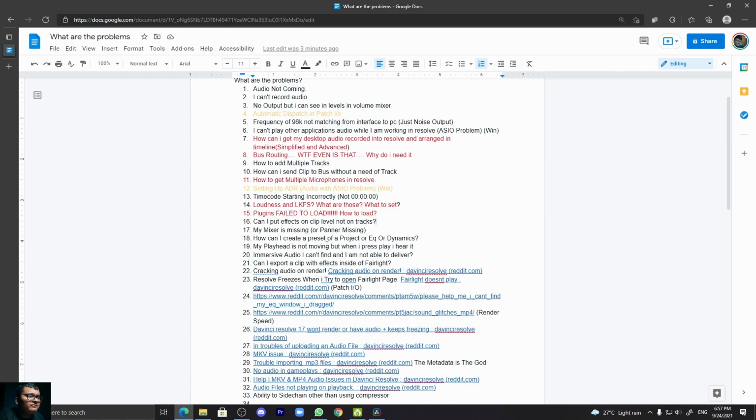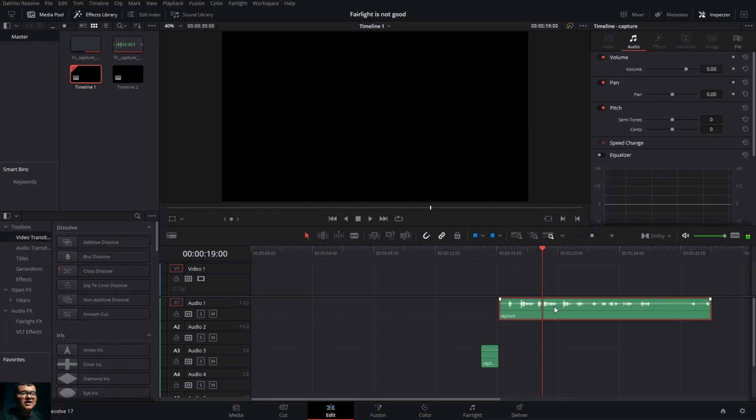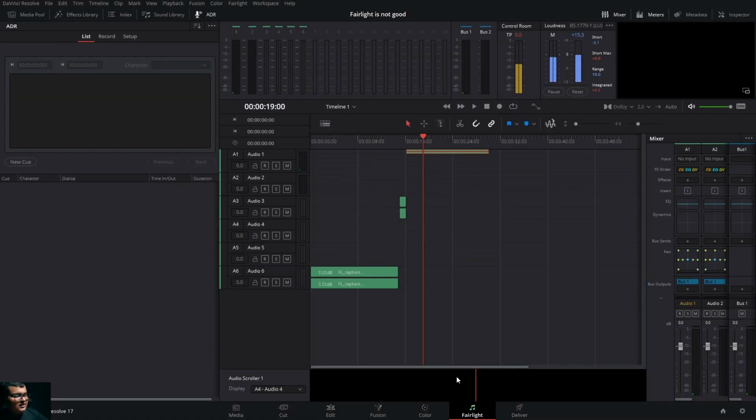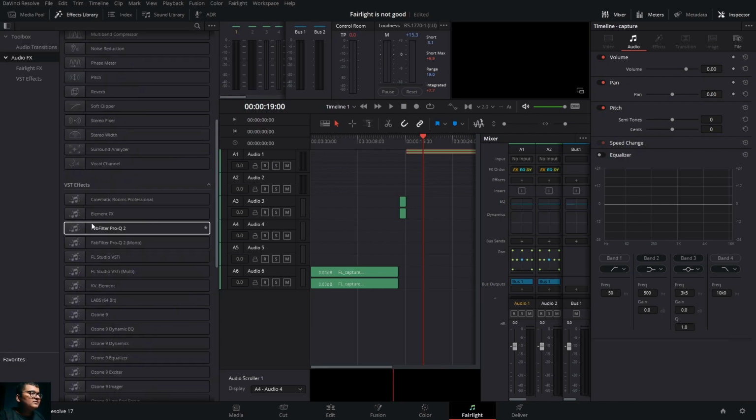Next question: can I put effects on clip level, not on tracks? Of course you can. Let me show you how. I have this dialog. I'm going to Fairlight, sticking to Fairlight. Click on Inspector, pull up the Effects tab.